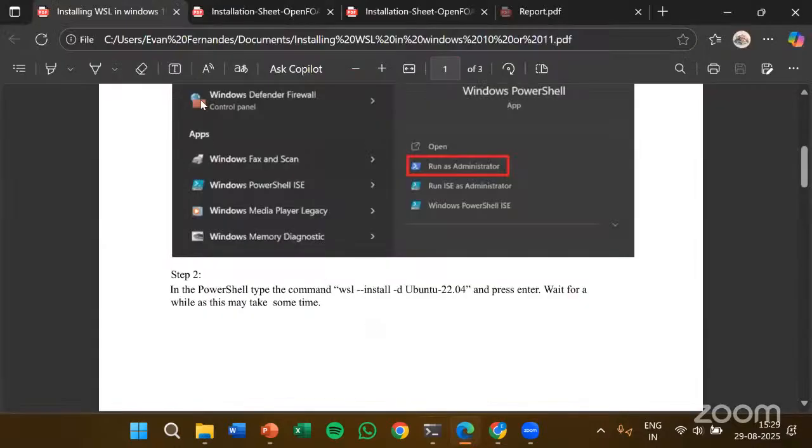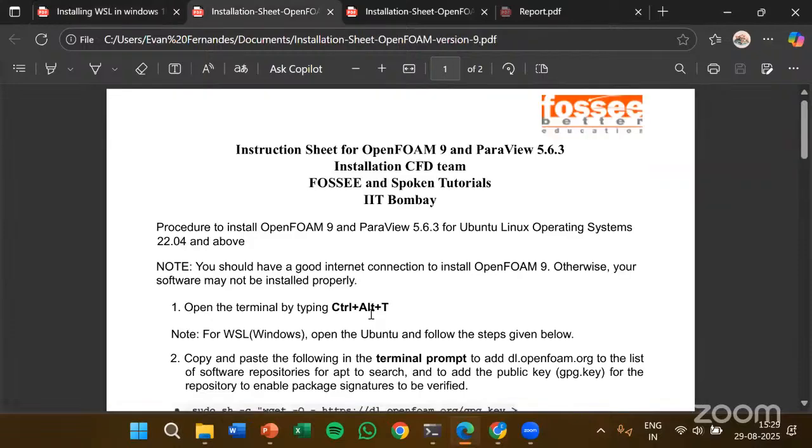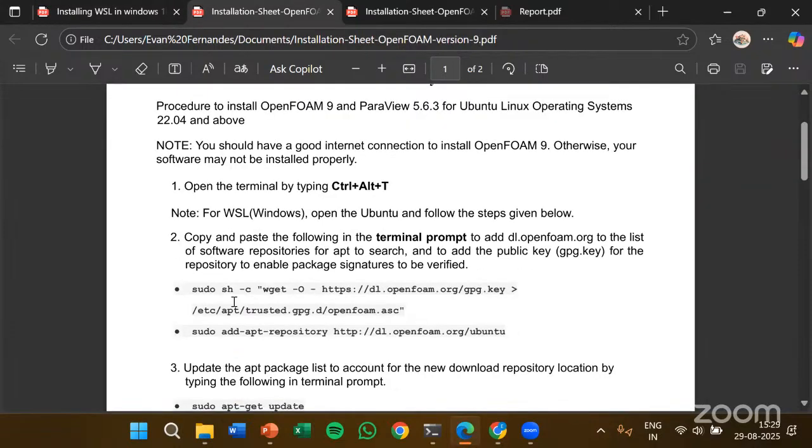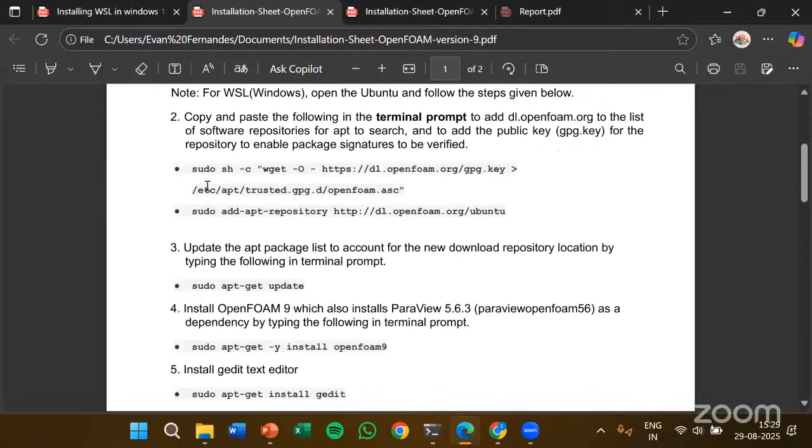Once you are done with this and you've successfully done it, then you can go ahead with the second sheet. So this was for WSL. Then you can go ahead with the OpenFOAM 9 installation. Again, in this, you follow the set of commands that are given over here. The very first one, I'll show you this completely. For OpenFOAM 9, you copy this